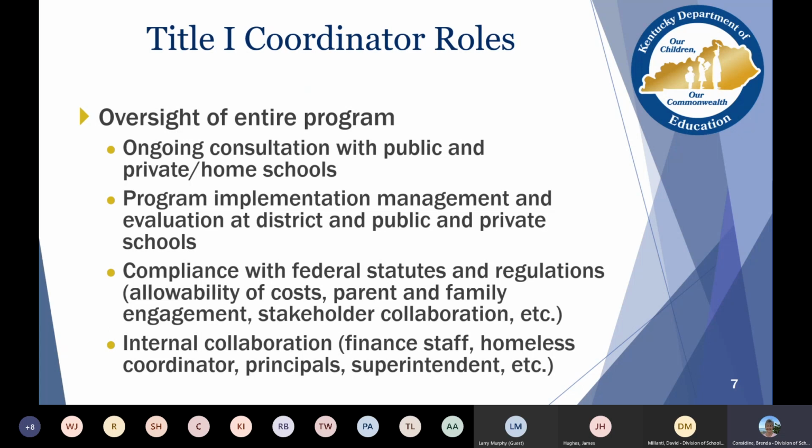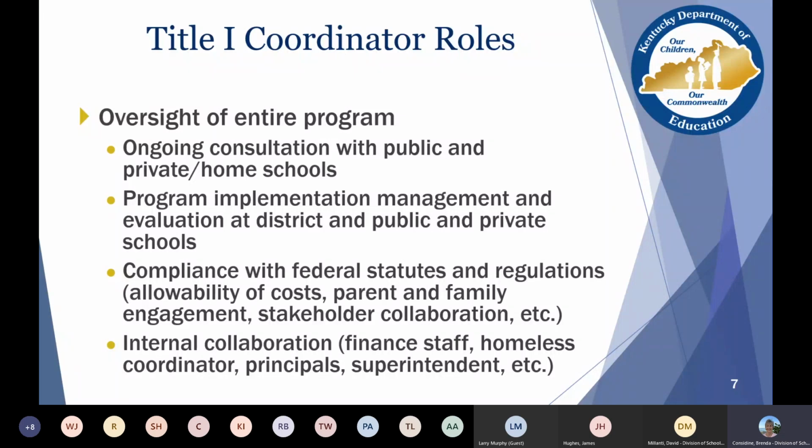Consultation should have already occurred for the 2021 school year. Usually that begins to take place around February, March. Start wrapping it up, getting your notification letter and your participant survey into the private and homeschool hands so that you can see who would like to have some participation with Title I. And from that point, you have your consulting meetings to determine what those programs are going to look like with the private and homeschools.